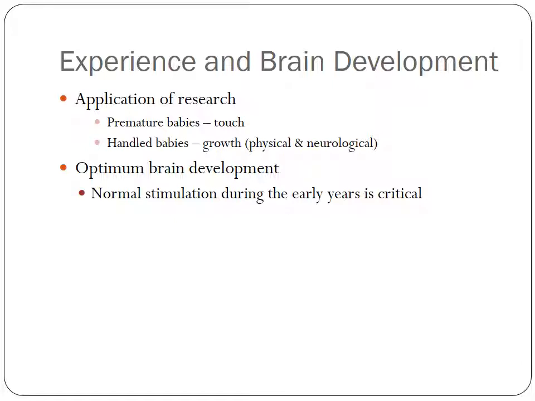When we want optimum brain development, it has to be early stimulation and normal stimulation in the early years. It is critical. That means hugging your children and holding them and giving them kisses and tickles and paying a lot of attention to them, not just putting them in front of televisions or technology, but human contact is important. Far more important in the early years than anything else. So it's that idea that you should overlove a baby. You cannot spoil an infant. Yes, you can spoil a 2-year-old. Yes, you can turn a 3-year-old into a complete jerk, but a newborn baby cannot be spoiled. The more love and the more attention you heap on them, the more their brain is going to connect and grow.